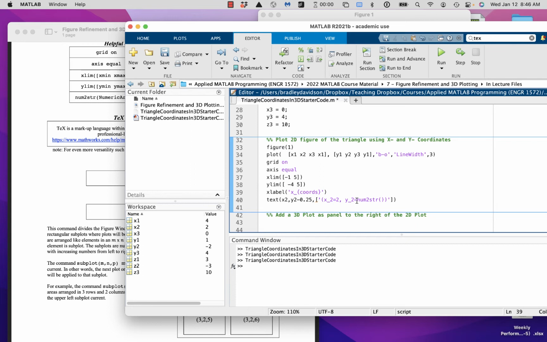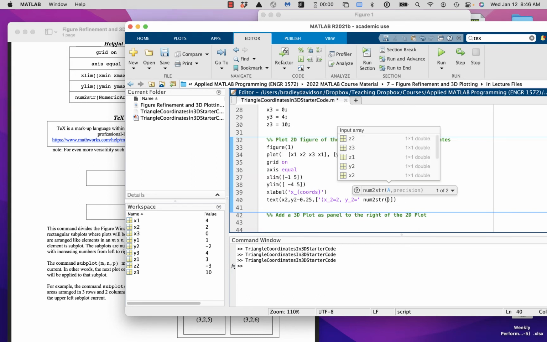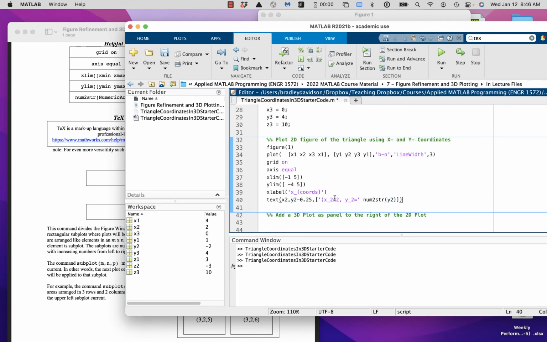So we can close our quote after that first part, and then we type in num2str of y2, so it's going to convert that number, y2, to a string, then the array that we have, all connected together, should give us